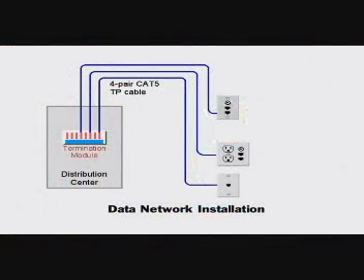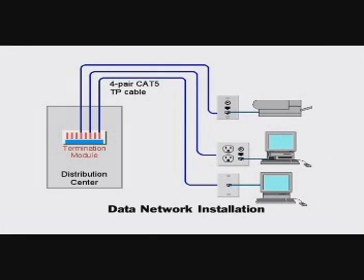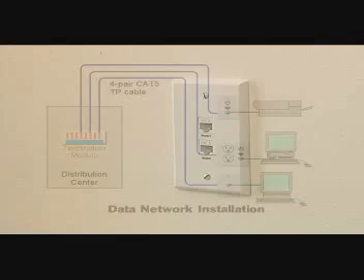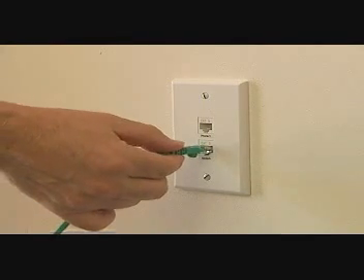The Ethernet data network is physically installed like the voice network. Home-run cables are installed from outlet locations where data network access is desired back to the distribution center. Computer and peripheral devices simply plug into